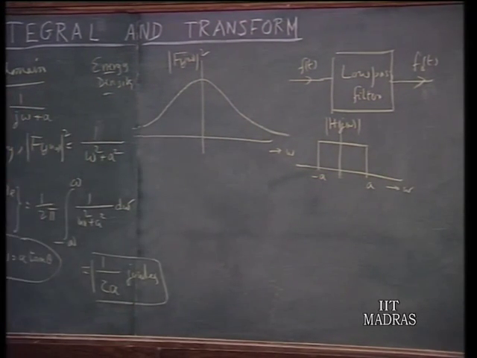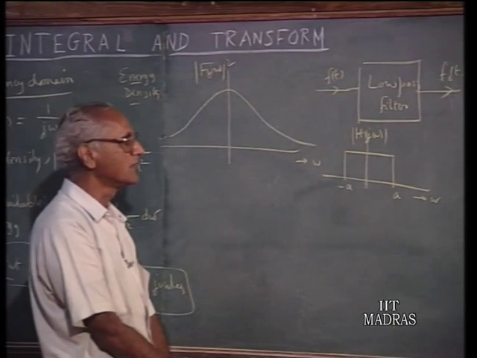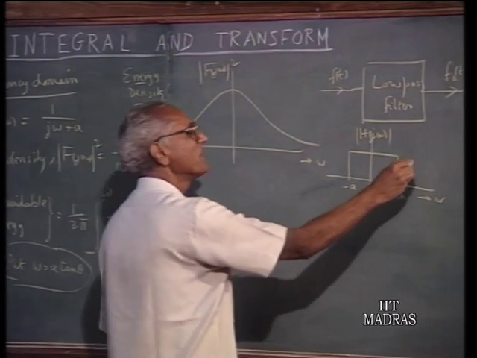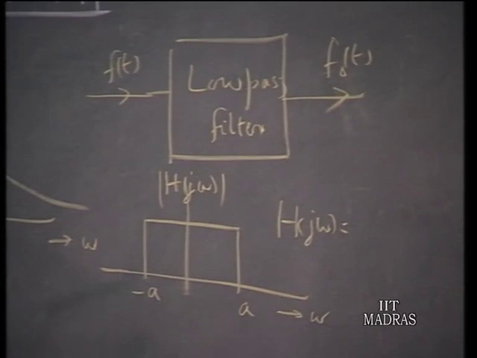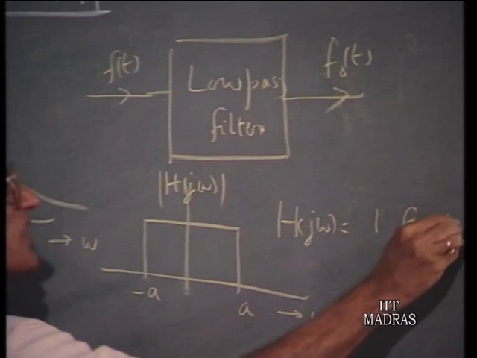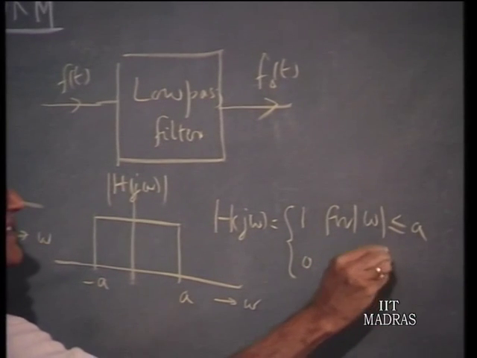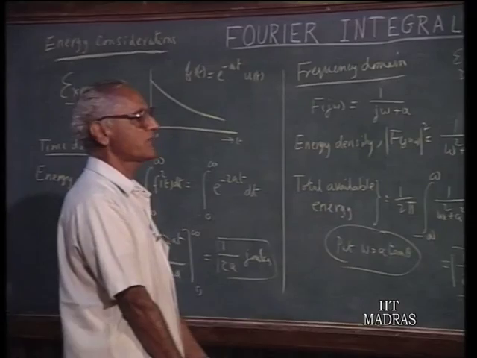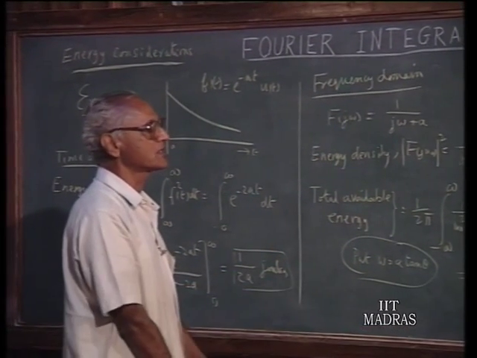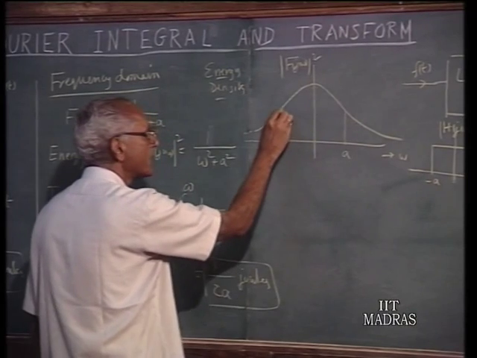In other words, in the spectrum that is available for the given f of t, all frequency components having a magnitude omega greater than A become 0. That means, h of j omega, the transfer function or the system function relating f naught of t and f of t, is equal to 1 for omega less than or equal to A and 0 otherwise. So, essentially this low pass filter cuts off all frequency components beyond a certain value A. So, if this is A and this is minus A,